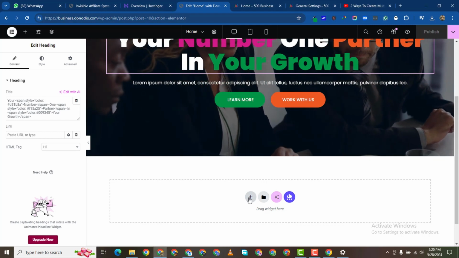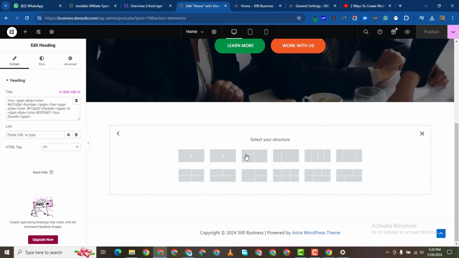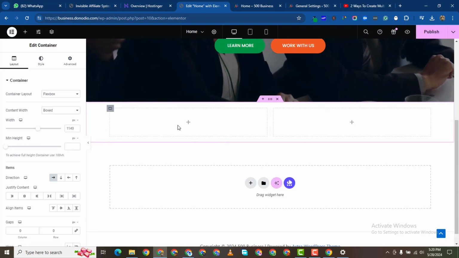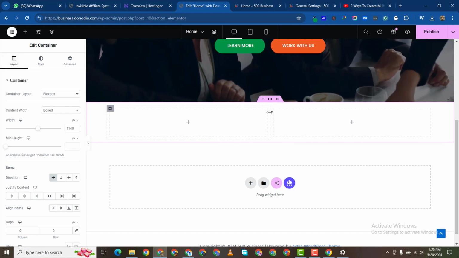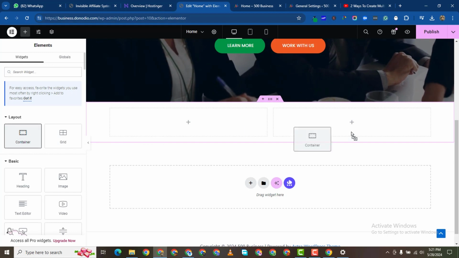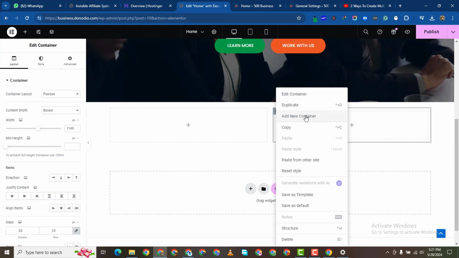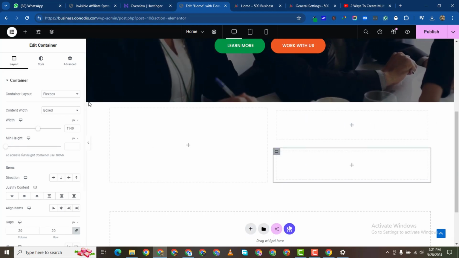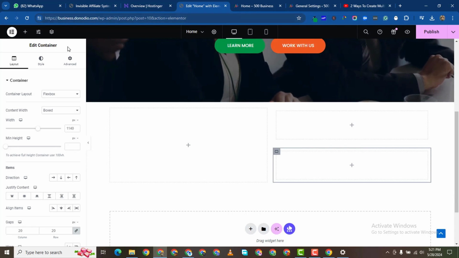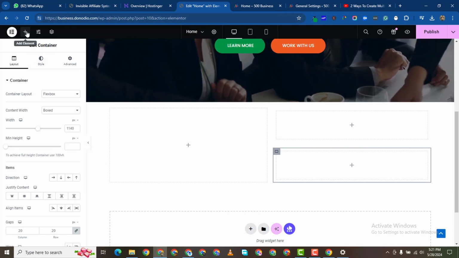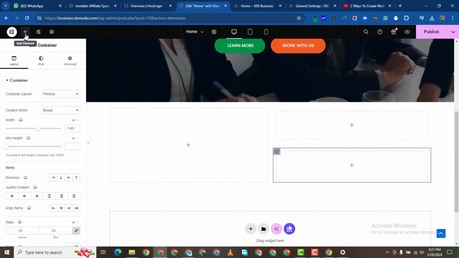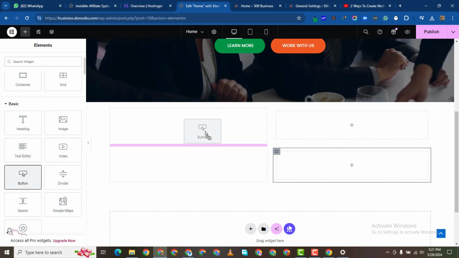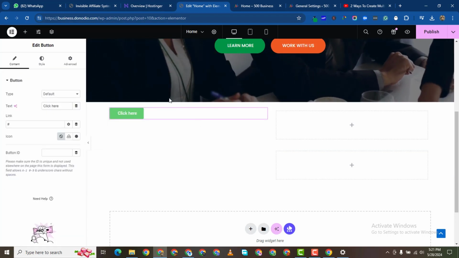Next, what we want to do is create another section and make it 2 columns. In this column, we are going to add another container, and then we'll duplicate this to be 2. Here, first of all, I want to add something like a button, but it's not going to be clickable. I want to add a button here that says